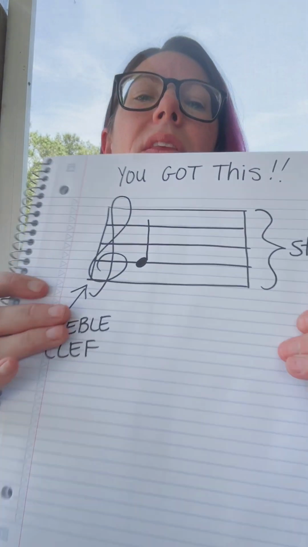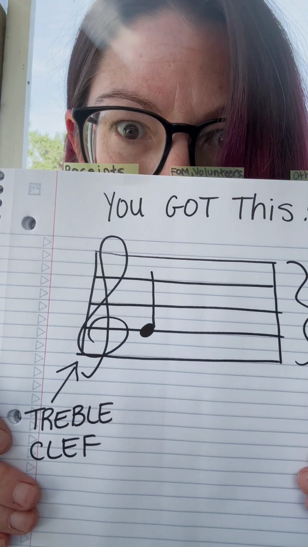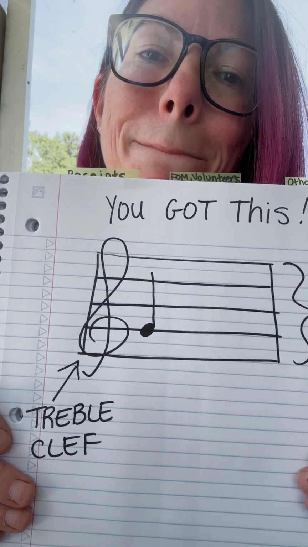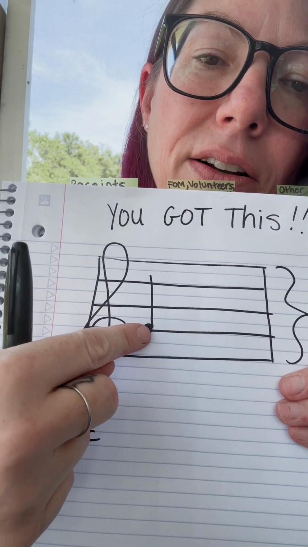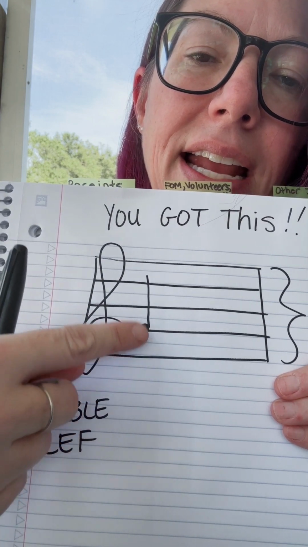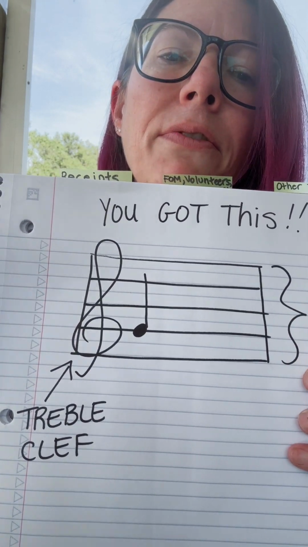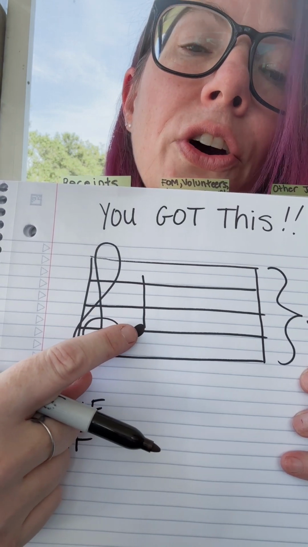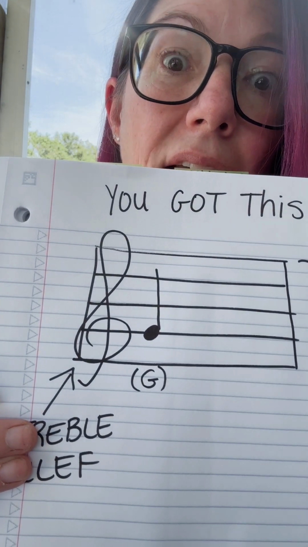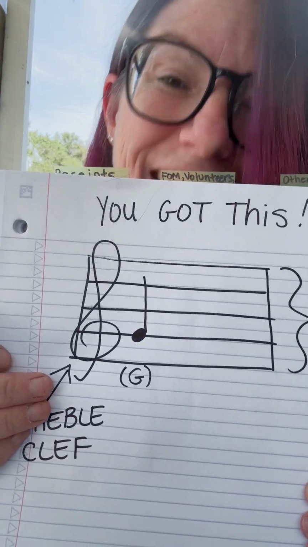Let's start with, oh yeah, definitely that one just here. All right, step 1. Is it a line or a space? It is a line, I can tell, because it has a line running through the little head of the note right there. It's the second line, so now let me remember my phrase. Every good starts with a G, so I know that this is G. That music note is G. Crazy, right?